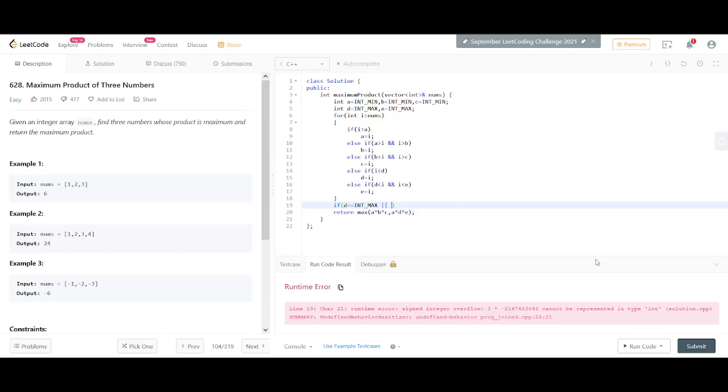Yeah, so this is happening. Yeah, this is something which should be taken care of. This is int max 3 into star int min. Int min, why is it int min? Because